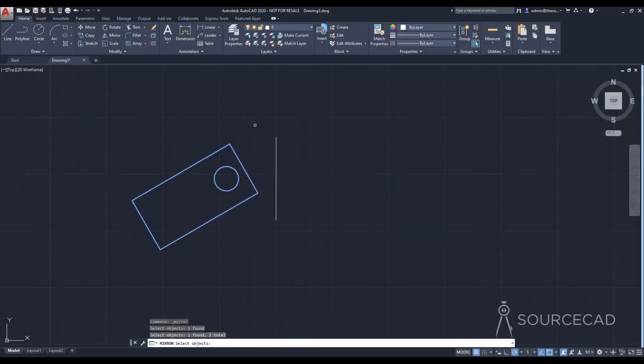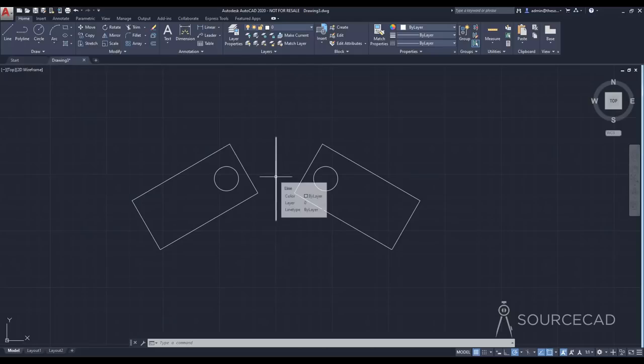I'll press enter. And now you need to specify a mirroring line. So the mirroring line in this case is this one, this line. So I'll click on this point and then this point. And we'll have this kind of mirror image. So using the mirror tool, you can make mirror images like this. So press enter to finish the command and you'll end up with a mirror image of this original object where this